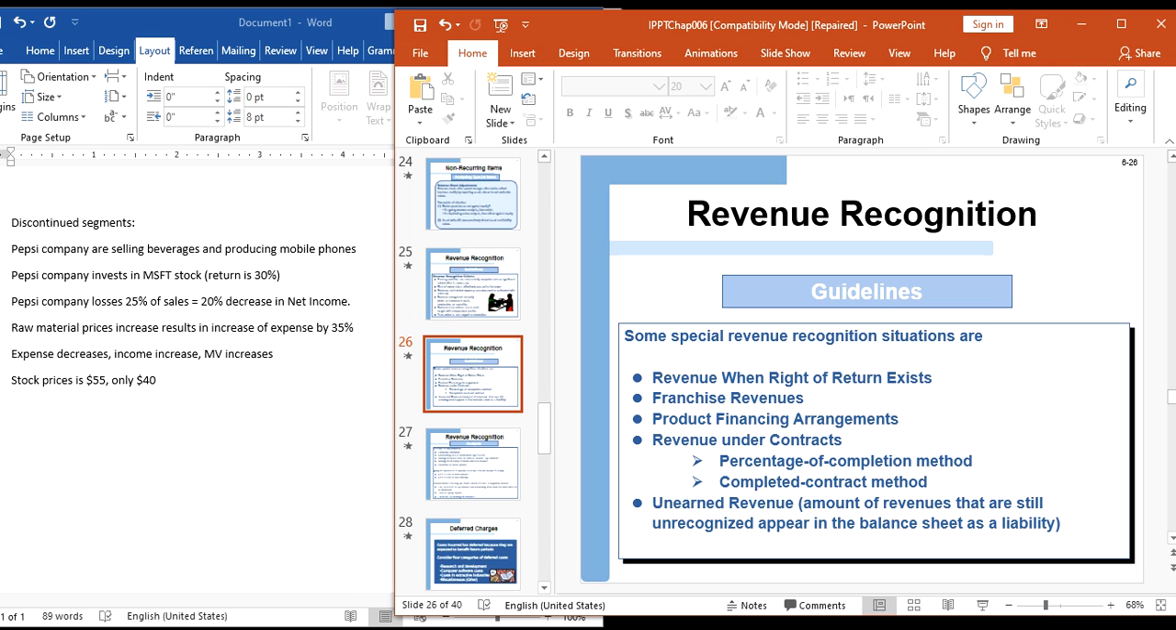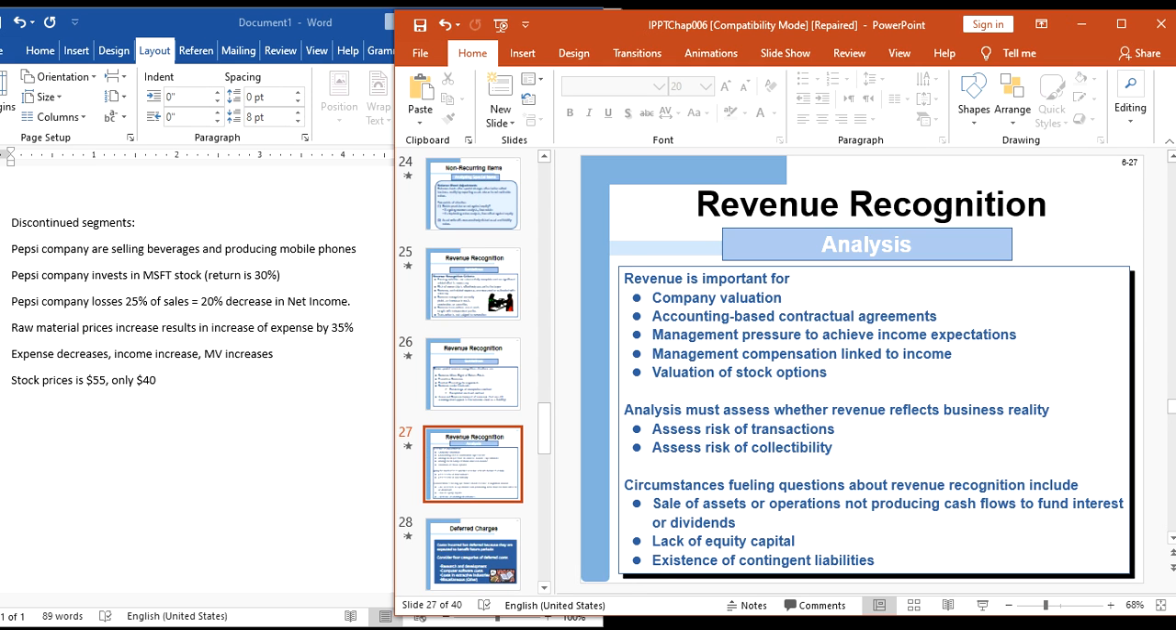So, completion and completion methods, and also we have unearned revenue, the amount of revenue that is still unrecognized, which appears in the balance sheet as a liability. So here we provide the service, but we will get paid in the future. So we should be careful about those. Okay,